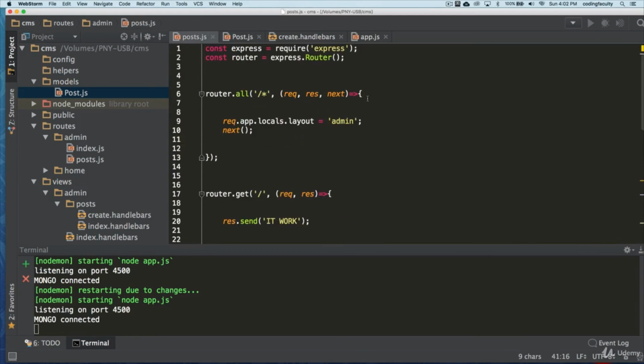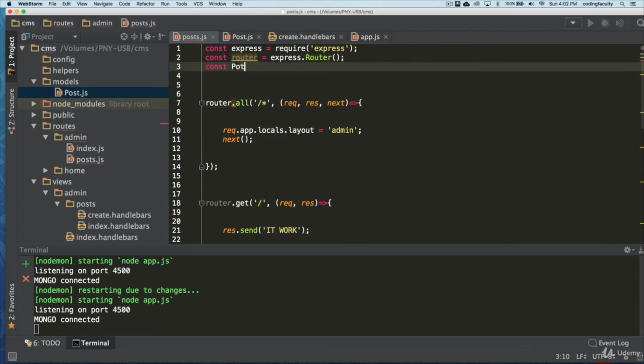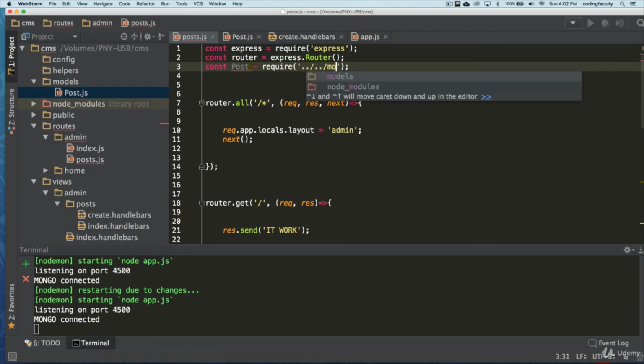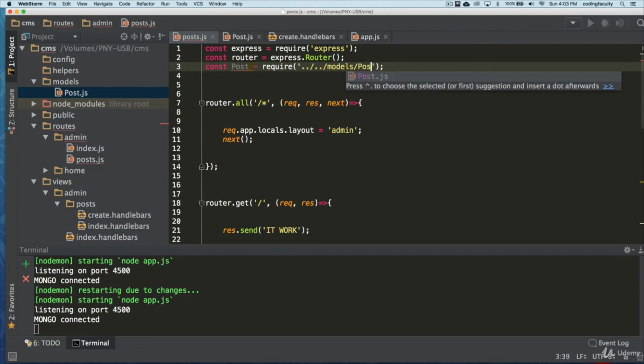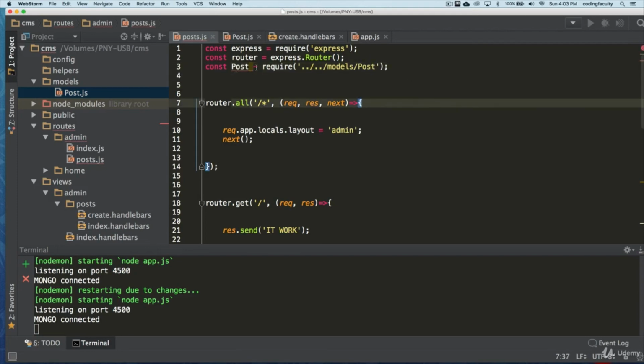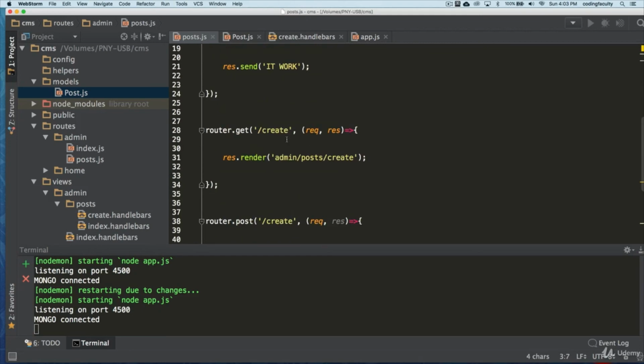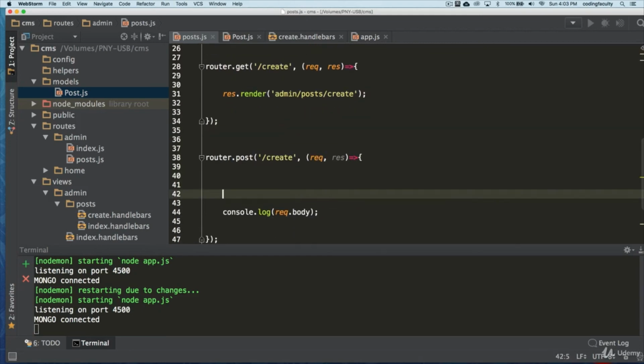So let's go to our post routes, and that's routes, admin, and then posts. Here, what we're going to do is bring in the post. This is how we're going to bring it. That schema, we are going to go one directory up, and then another directory up to models, and then we're going to bring that in here. And of course, make sure this is an equal symbol. So now we have this post here, and all we have to do is use it. We have to start using it. Okay? So we have it right here like this.